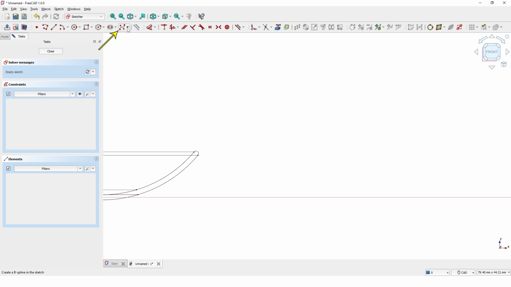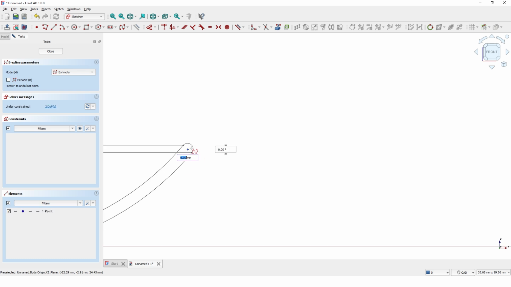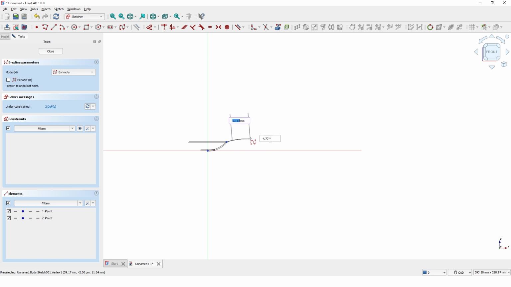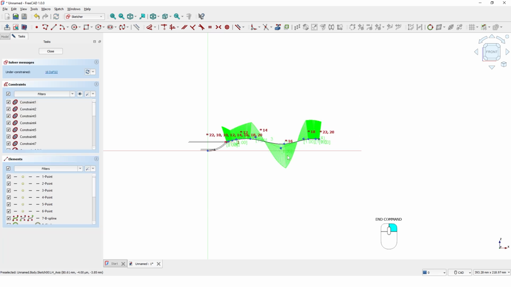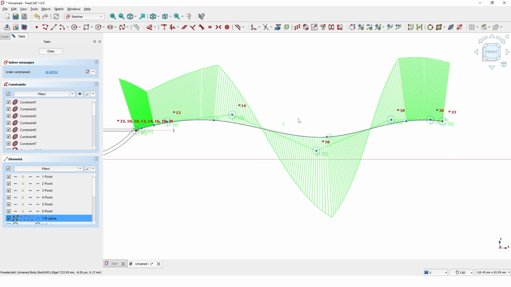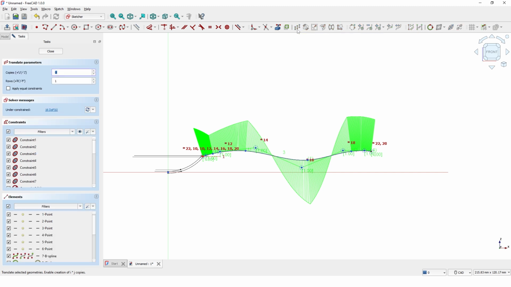Click on this Spline tool and start sketching somewhere here. Right-click to finish the line and right-click again to exit the command. Select the line and select this command to make a copy. Change this to 1